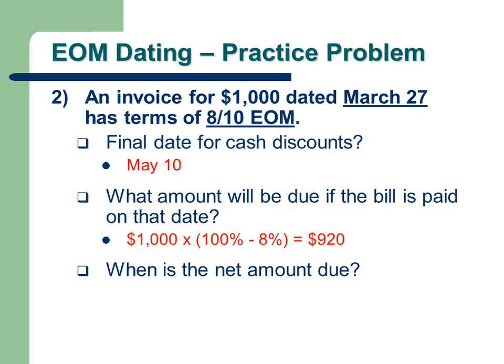And if you pay the bill on May 10th, you're going to get the cash discount. So the 8% cash discount is taken off of the $1,000 invoice, so what you're going to pay is $920. Since the last cash discount day is May 10th, you still have 20 more days after that for your absolute net amount due date. So your due date is going to be May 30th, which means if you pay between May 11th and May 30th, you're not going to get the cash discount, but you don't have to pay any late fee, and you've got the grace period to pay the full bill.